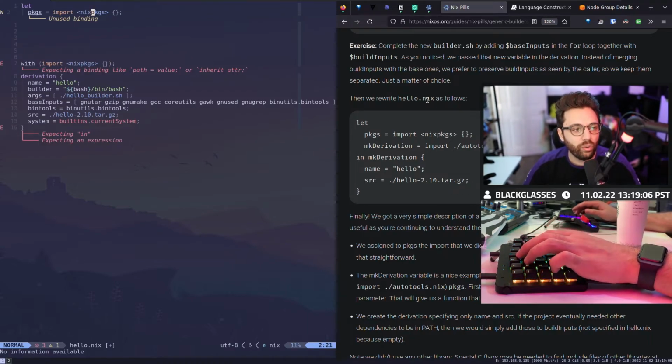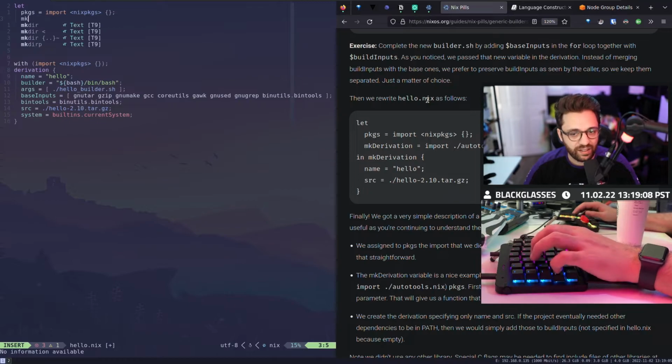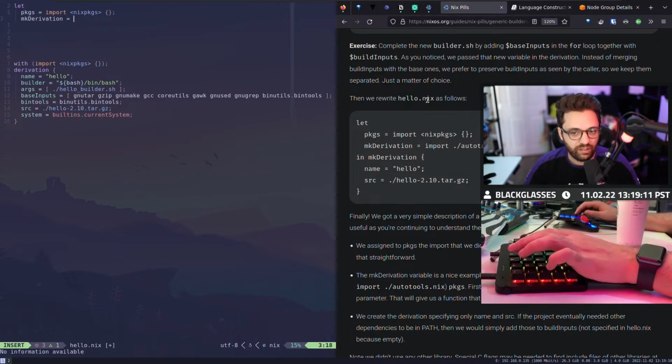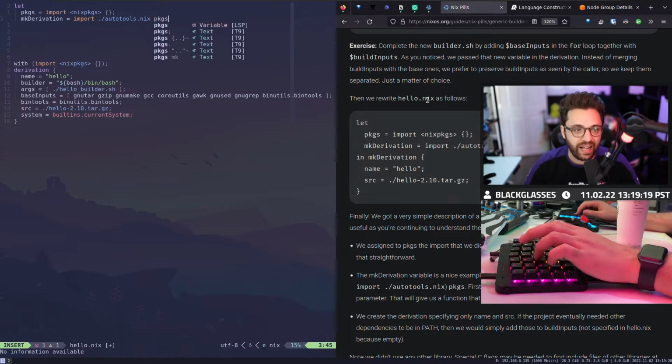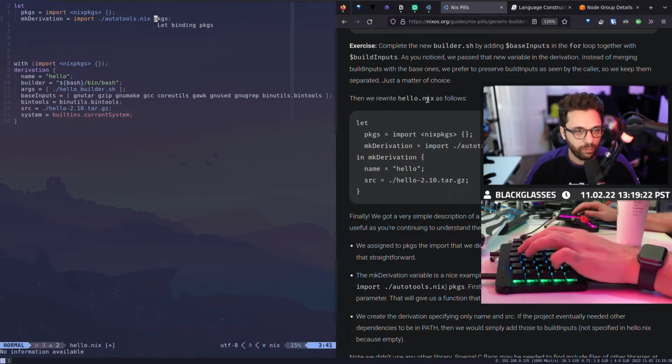But we made our own make derivation. So technically, this is our function that we're going to import from our autotools.nix file. But don't forget, we need to pass it the packages parameter.